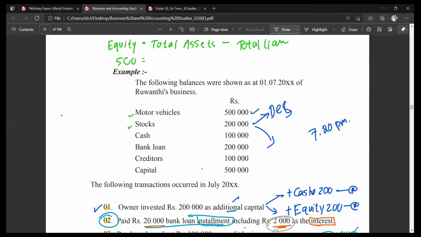Okay, let's see. Motor vehicle is an asset, stocks are assets, cash is also an asset, but bank loan is a liability,